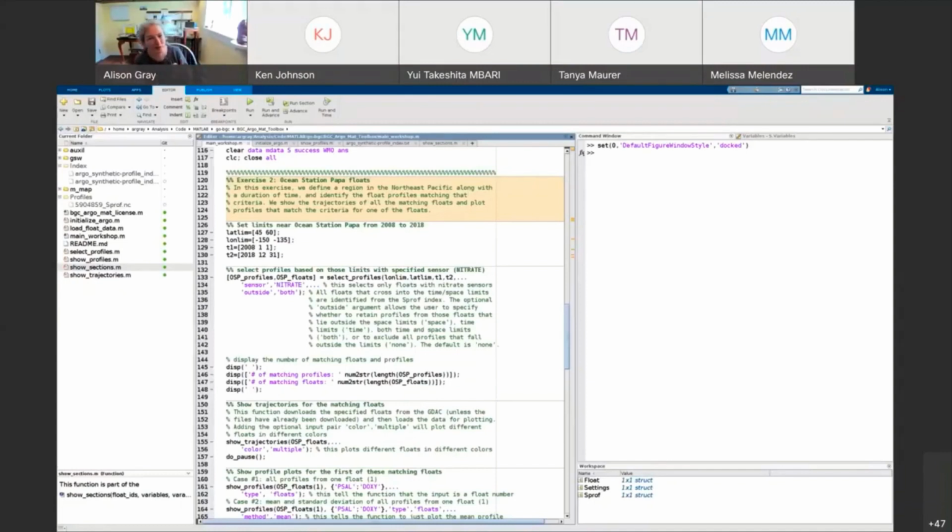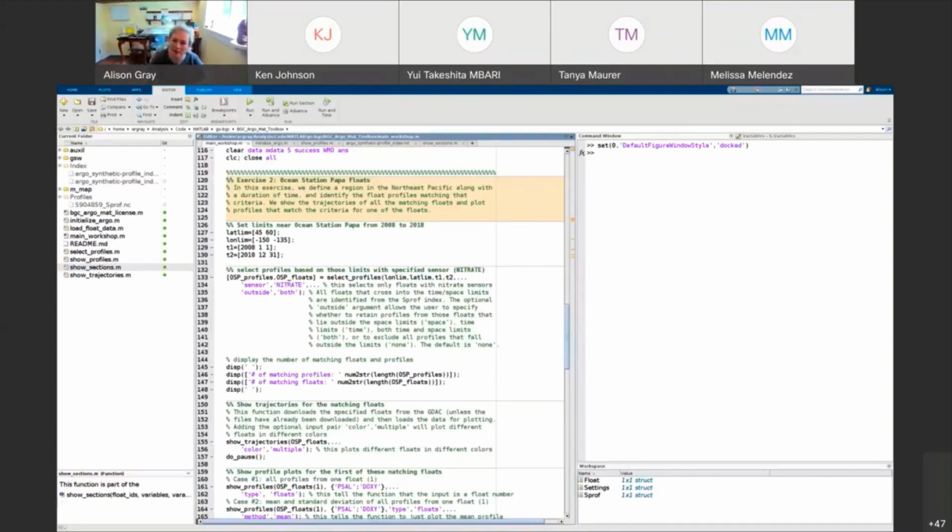Absolutely. And that's a really good point. I didn't highlight or emphasize as much as I should that there is also a difference between delayed mode and real-time adjusted data. The adjustments are a sort of living data set. The adjusted data is, and so it can change too if a float goes through a delayed mode review, which only happens every so many months. Then they can make adjustments to the different parameters